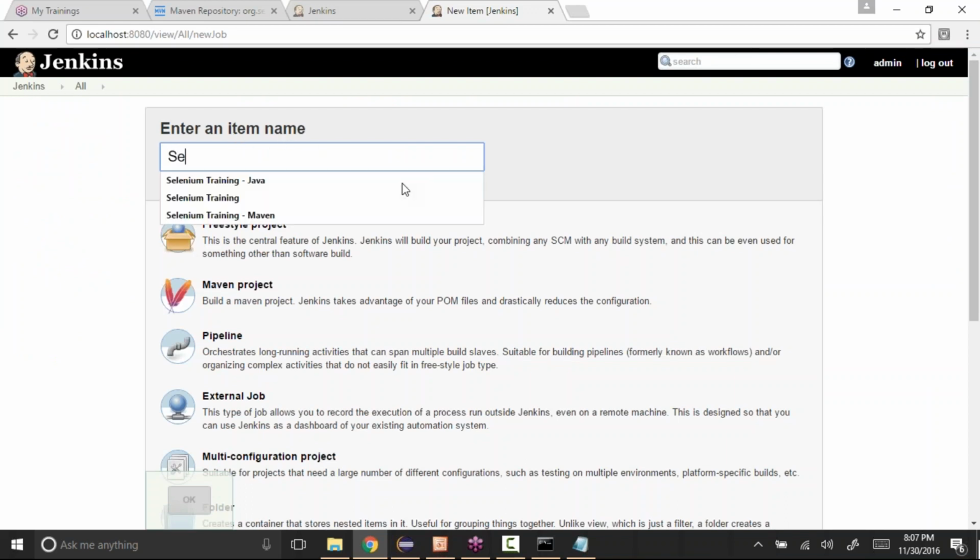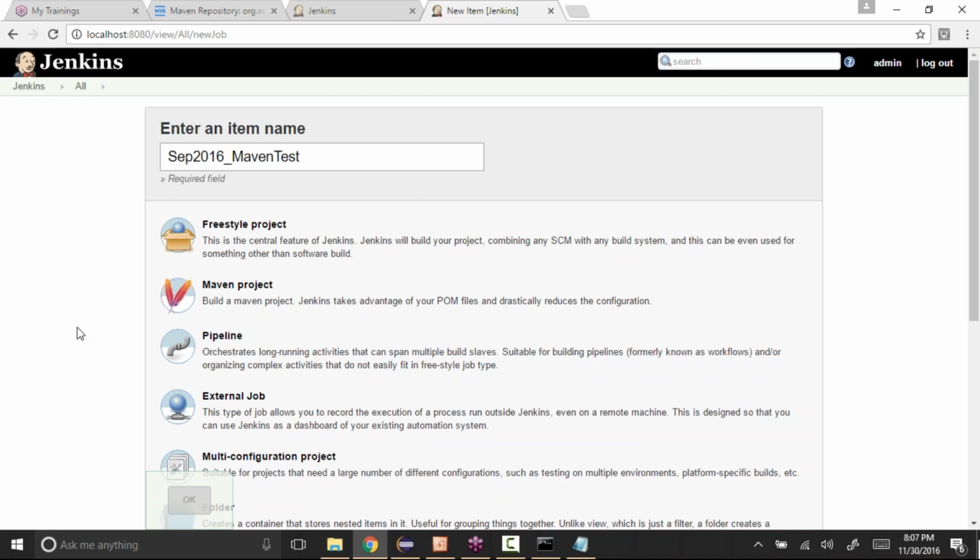Let's say 2016 underscore smoke. Let's say it's a smoke test or maybe Maven test. There are different types of projects: freestyle project, Maven project, and there is pipeline, external job, multi-configuration.